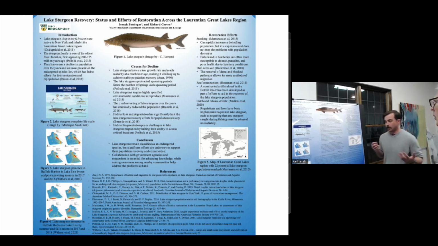But overall, despite these fish remaining endangered within the Great Lakes system, we are still putting in significant effort to bring these fish back. And I think the main takeaway here is that collaboration with government and state agencies is essential for advancing public knowledge on these fish, raising awareness for them, and just overall protecting and restoring what's left of their habitats and where they can actually spawn.